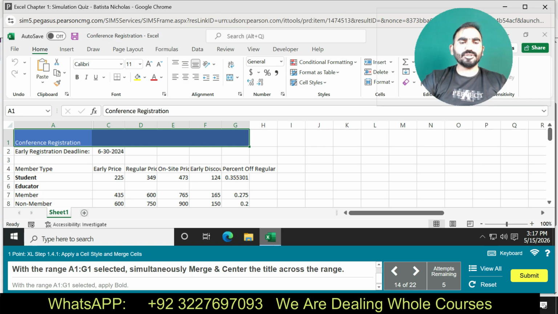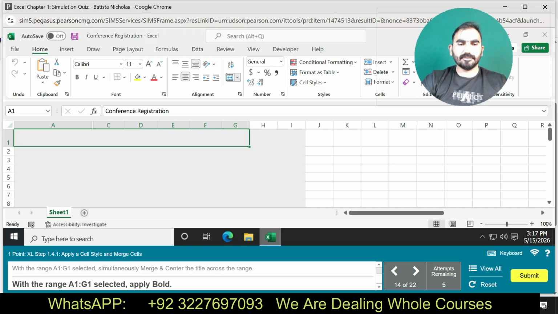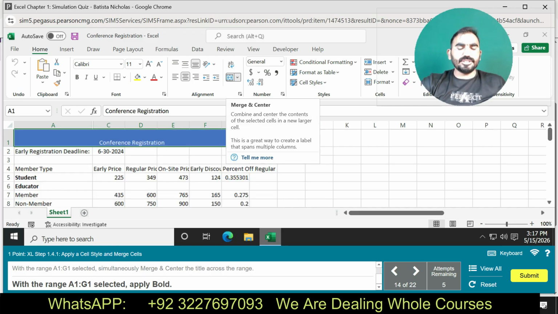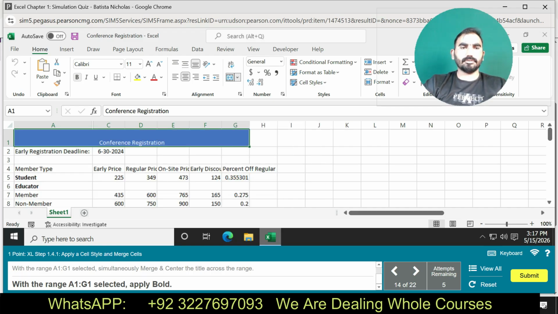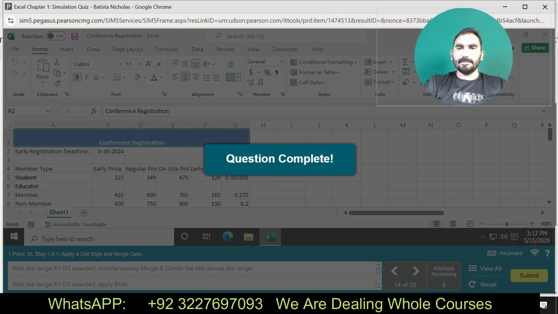With the ranges A1 to G1 selected, merge and center. Okay. With the ranges A1 to G1 selected, apply bold. I have completed this question.